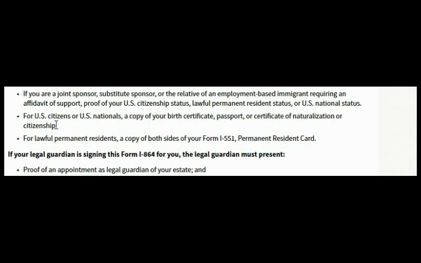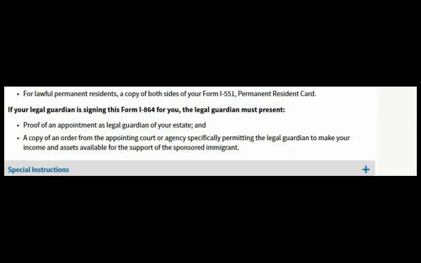So that's what I just talked about. You have to provide a copy of those, okay? And then if you are a permanent resident sponsor or the intended immigrant, you have to provide a copy of both sides of your Form I-551, which is your green card, a copy of both sides of your green card, okay. And then lastly here, if your legal guardian is signing this Form I-864 for you, in case you